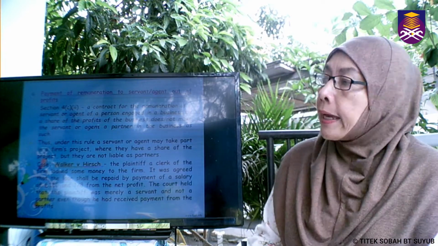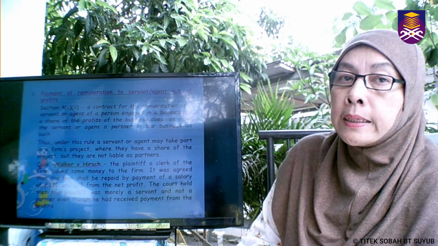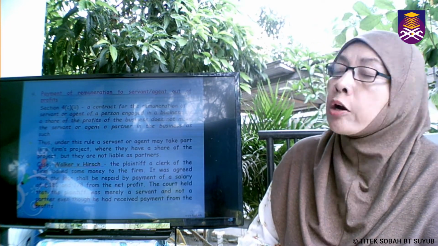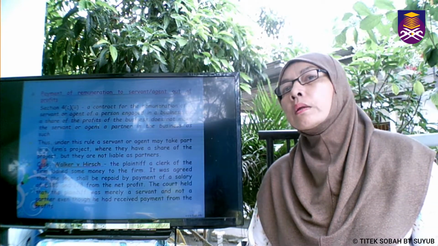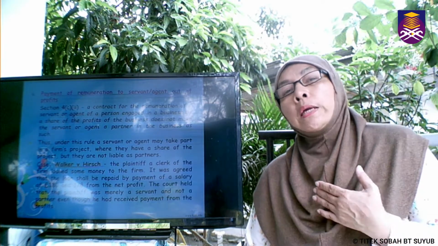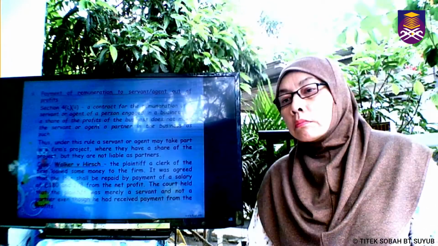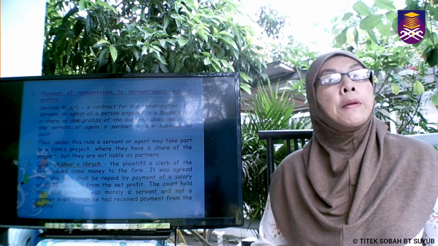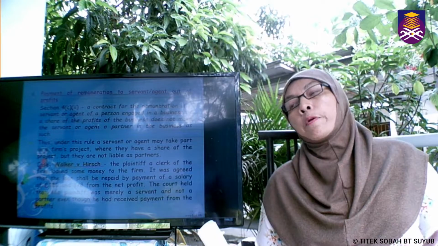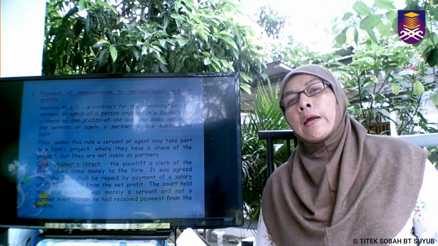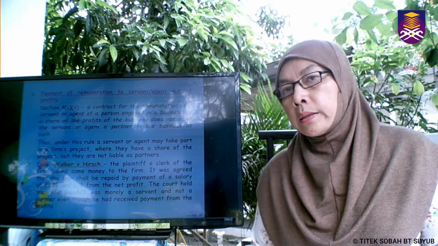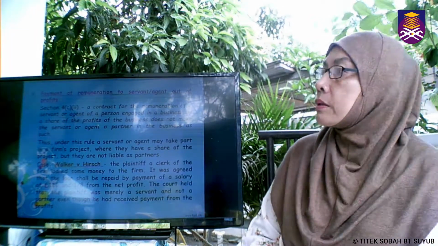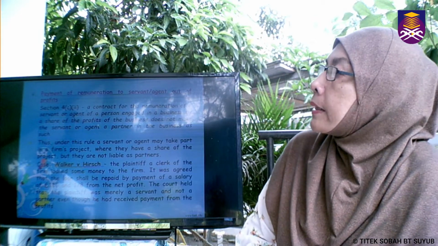Okay? So let's go on with section 4(c)(ii), of 4C. Payment of remuneration to a servant or agent out of profits. So if an employee is being paid through the profit of the business of the company, and sometimes at the end of the year, the company will pay bonuses and so on. These are actually the profit of the company. And sometimes they give shares to the employee. Does this make the employee, the worker, a partner of the said business? No, this is very clearly stated under section 4(c)(ii).